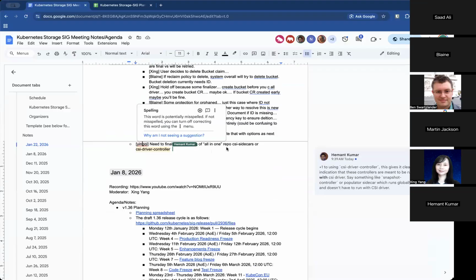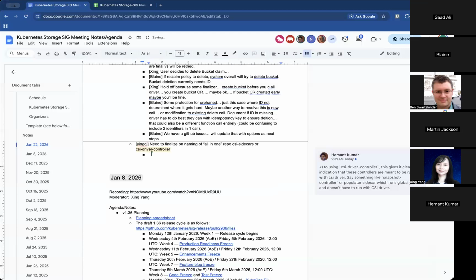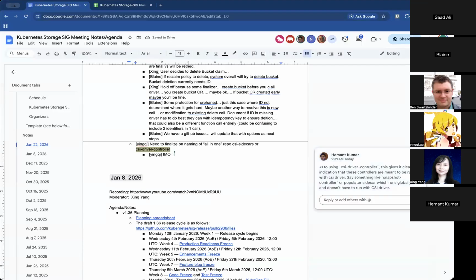Yingqi, you're trying to figure out what the name of this all-in-one repo should be. It sounds like there's some debate. Yeah. From my point of view, this CSI driver controller may not be suitable for the node driver registrar.